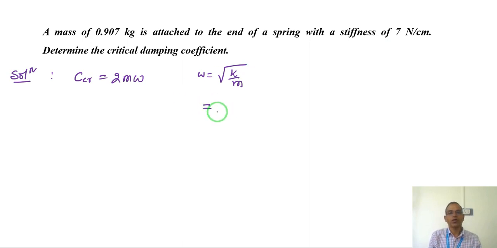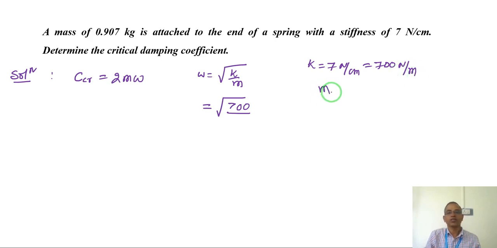So if I find out the spring stiffness K, which is 700 Newton per meter, because K is given as 7 Newton per centimeter, I convert it into 700 Newton per meter, and mass is